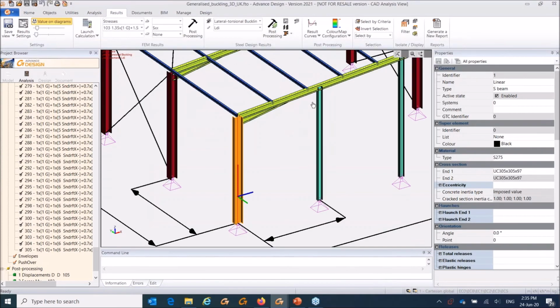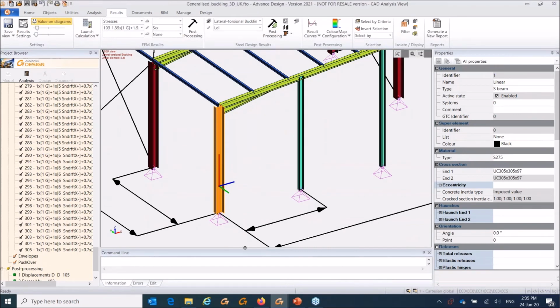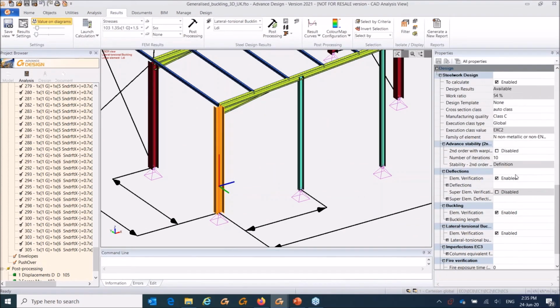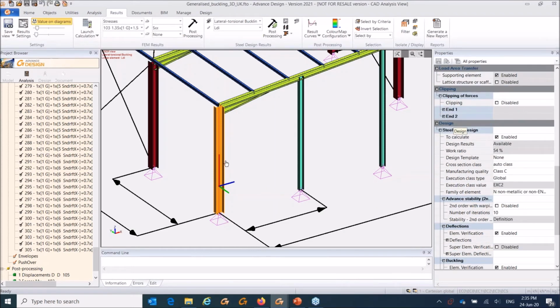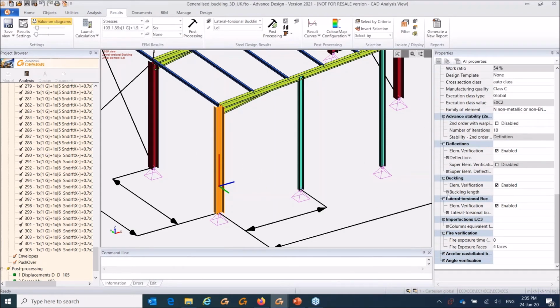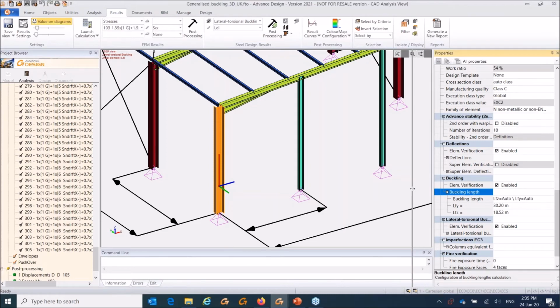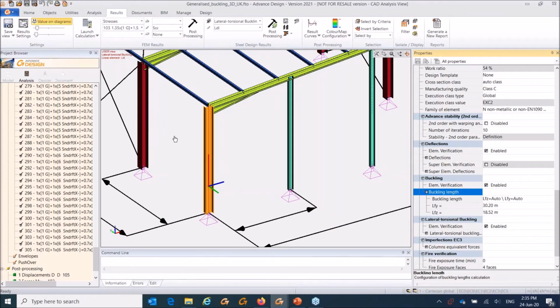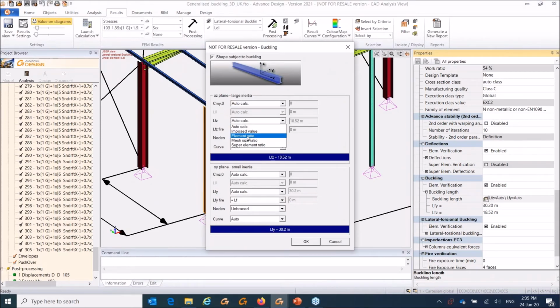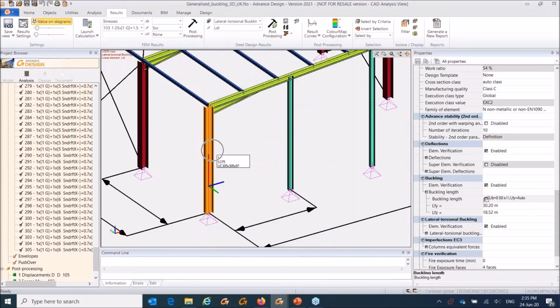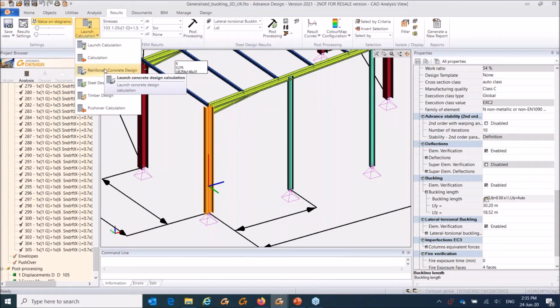and this can be corrected, or let's say you can define more accurate buckling lengths if you go down in the design section with the column selected, and then you go in here, buckling, and let's say I want to consider I have a side rail in here which will reduce my buckling length. I just click in here and I can select element ratio. I want to consider my side rail mid height, then OK, and I can perform calculation and design of this column only. So we have the possibility of doing this in the 2021 release,